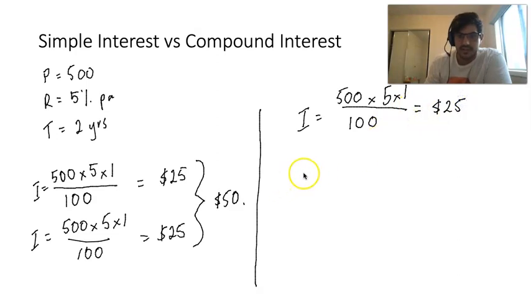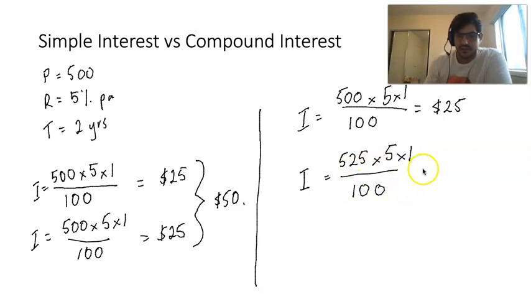The second year of calculating interest, however, it's $525 times 5 times that year divided by 100. So compound interest adds on the last interest calculation's interest amount, and essentially it then calculates for a brand new principal. So it's kind of giving money for free, sort of. In the real world, it doesn't quite work out so nicely. So this is equal to